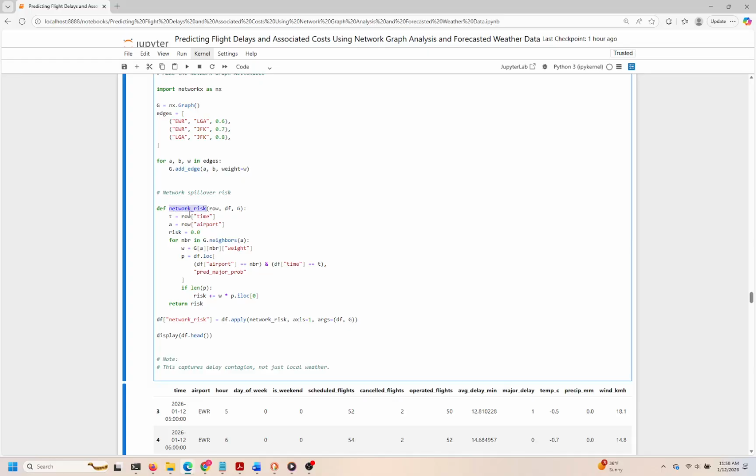impact neighboring airports. To achieve this, we first create an undirected graph using the NetworkX library, defining our airports as nodes, and the connections between them, weighted by their potential influence on delay propagation. The edges are given a weight that suggests how strongly a delay at one airport might affect another. In our example, Newark, LaGuardia, LGA, and JFK have established connections, each with a different weight, indicating the strength of